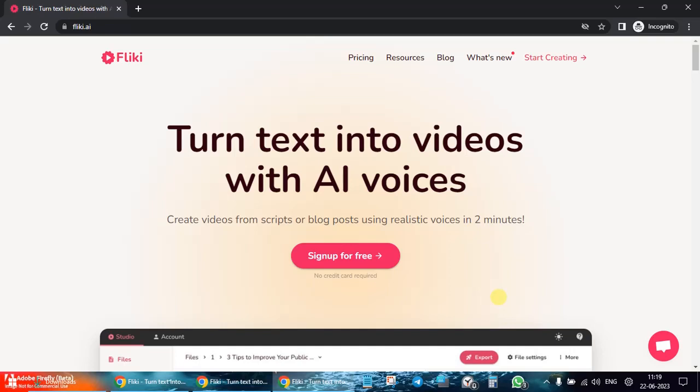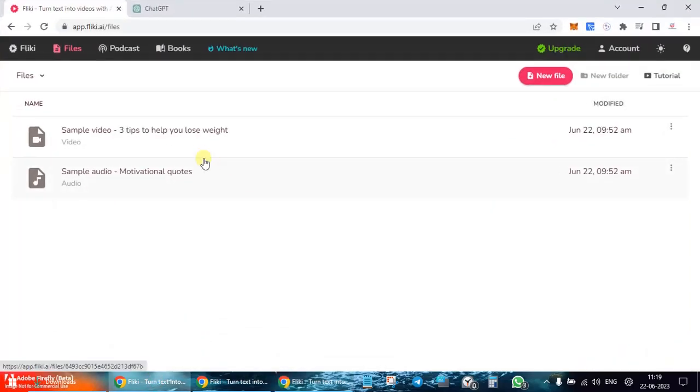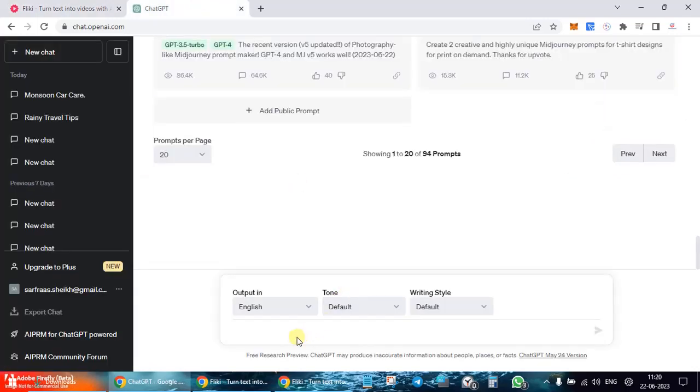So let's move ahead and understand how you can turn your text into video with AI voices in a matter of few seconds. The first thing you would need is to sign up for a free account. I've already done that to save on time. Then we need text. You can punch in your own text, but as you know, right now every second thing we are using ChatGPT. So let's use the same and say